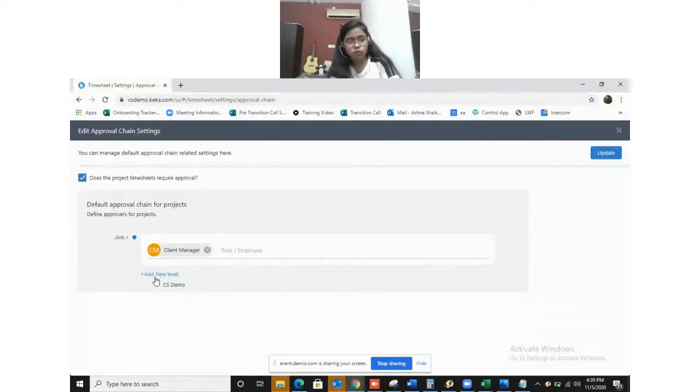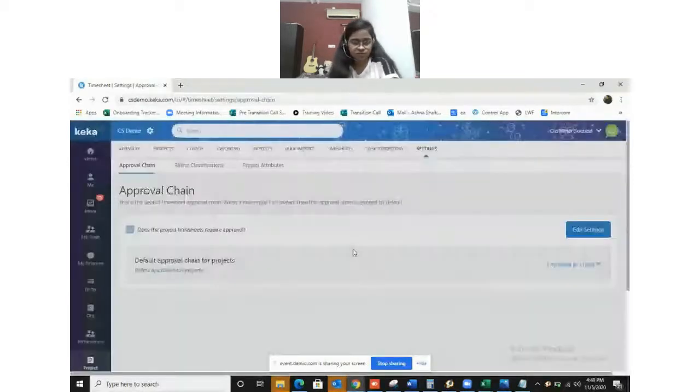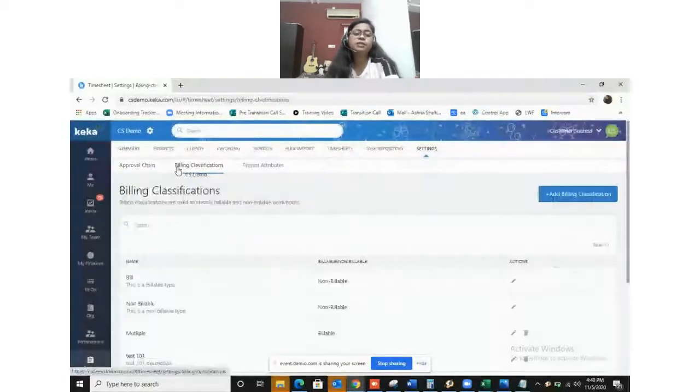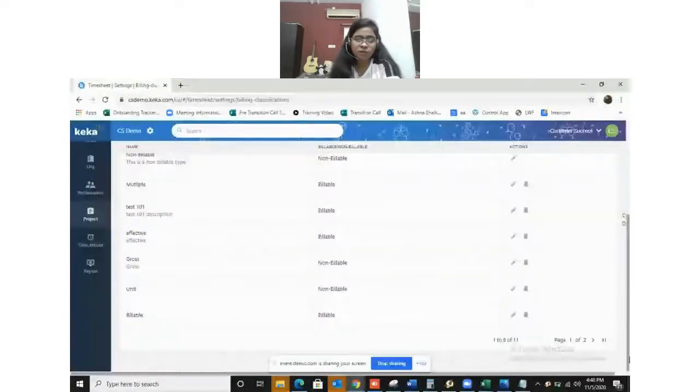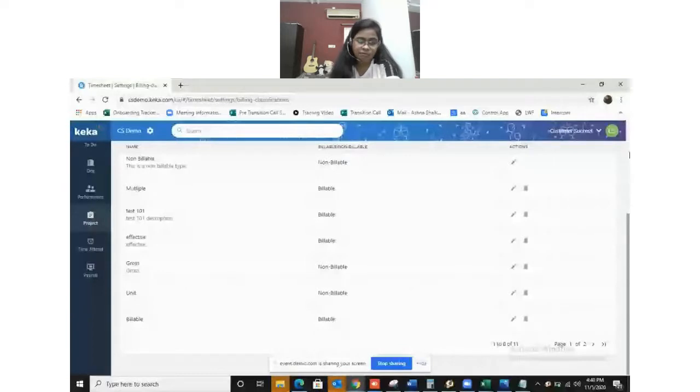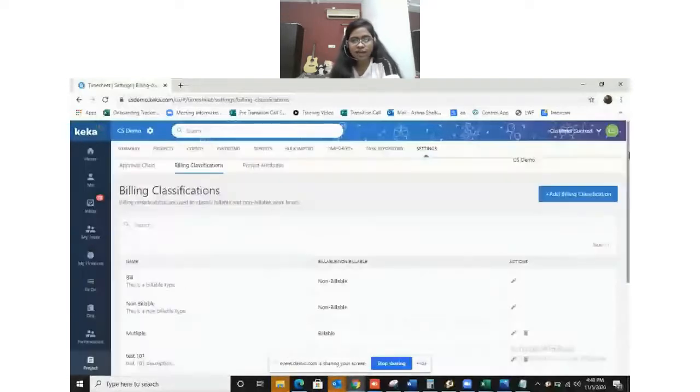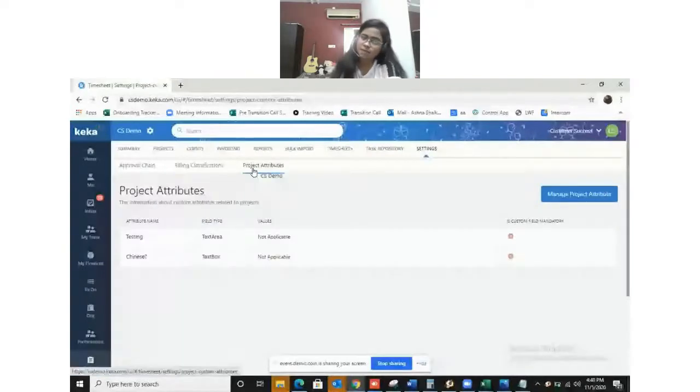So if we forget to add any of the approval chain, then this approval chain would be taken into consideration by the system till the time we are defining a required approval chain in the system for that particular project. The next would be the billing classification. So this billing classification which we will define, but what are the different project types it should be having, like billable, non-billable, multiple, cross. So accordingly, we can define our own billing classification, then the same can be used into